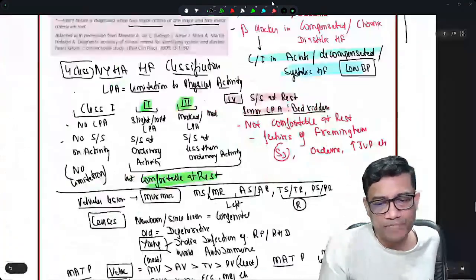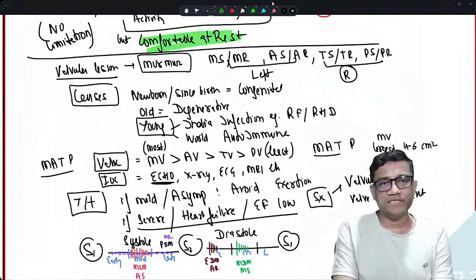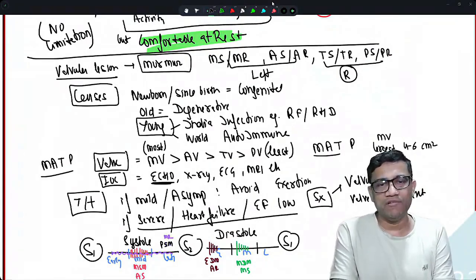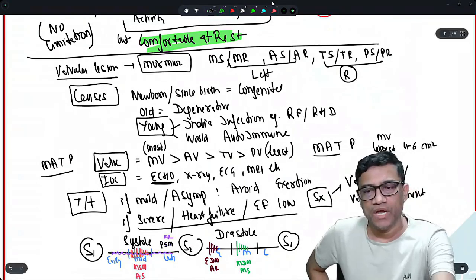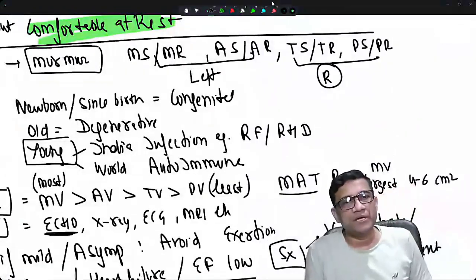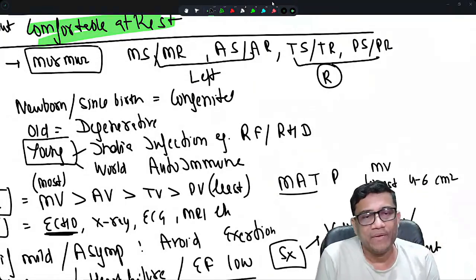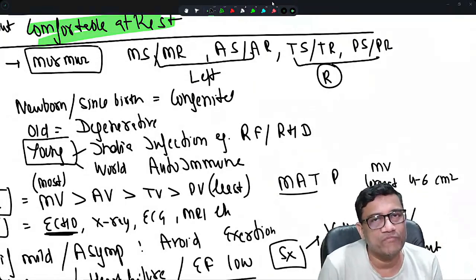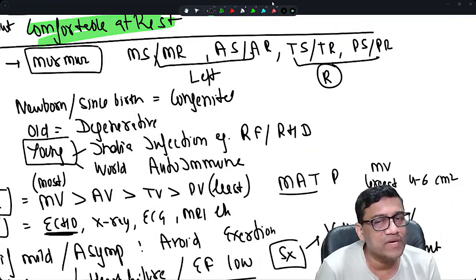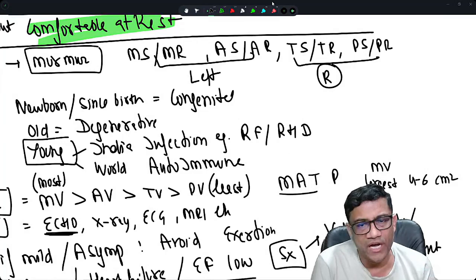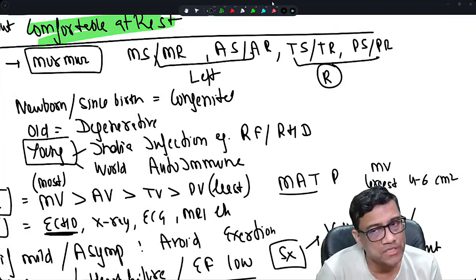Okay. Now murmurs. So remember, the murmur is basically a marker of what? Of valvular lesion. Murmur is the marker. Now remember, MR is similar to MS, and AS is similar to AR. MS and MR are the problems of which valve? Of the mitral valve, and AS and AR are the problems of the aortic valve. They are on the left side. Right side heart problems are tricuspid stenosis and regurgitation,